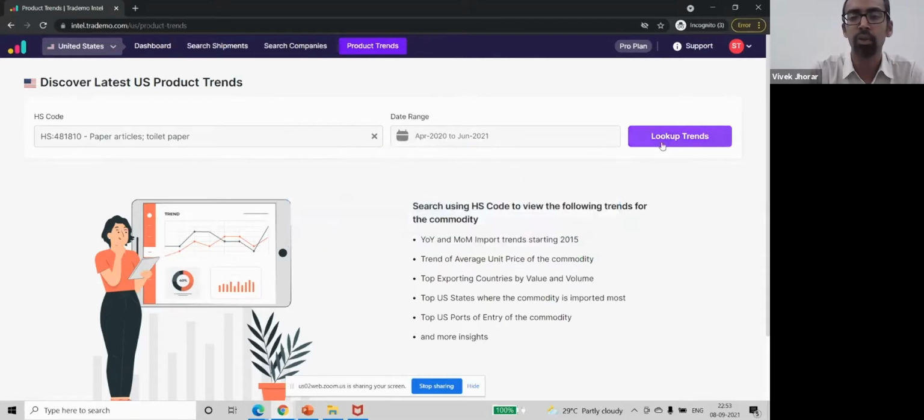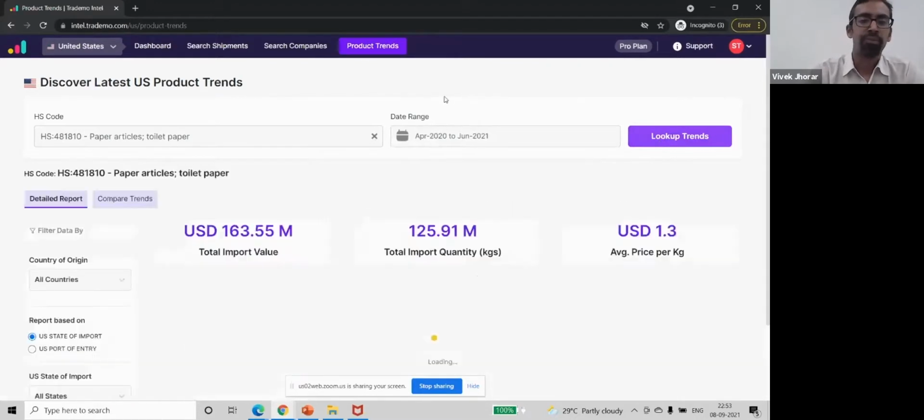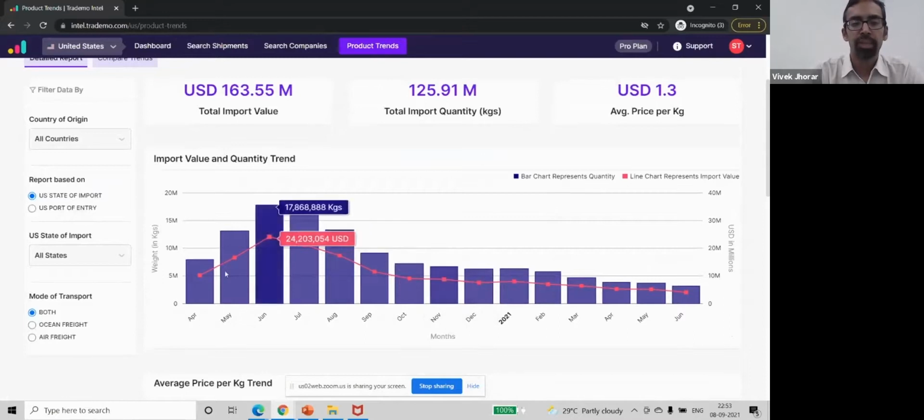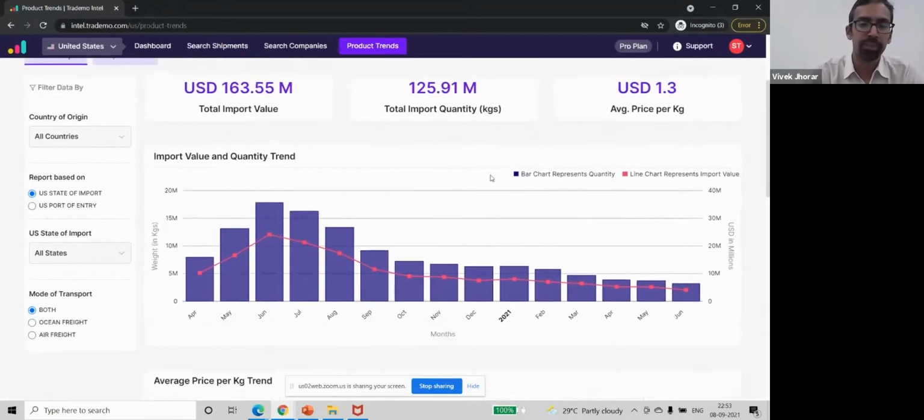And let's see how toilet paper reacted in terms of trends for shipping. So this is what you get if you're using the tool. You essentially can see how toilet paper rose in terms of the US trying to import it, and then after a high in June, July, and August 2020, it suddenly dropped down again all the way down to this year.